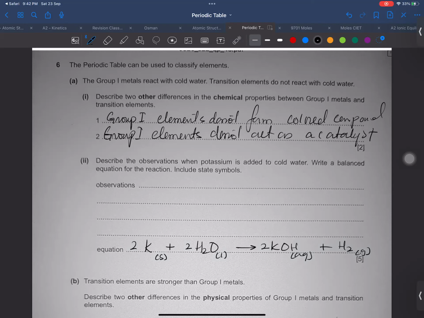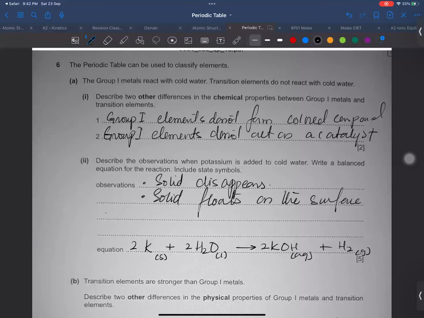First observation, you can say that the solid disappears. The potassium is going to react completely and disappear, right? Solid disappears. You can say solid potassium, or just say solid, don't write the name. Solid floats on the surface of water. On the surface of colorless water, we could write. Solution of potassium